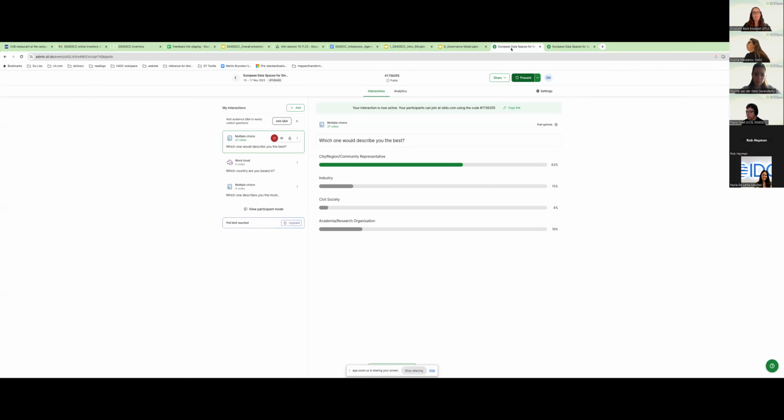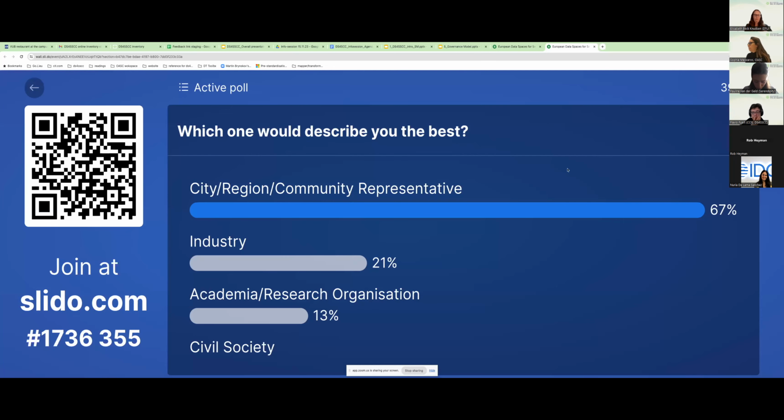I'm also putting the link in the chat. Wait just a second so that everyone can scan the QR code and join this poll to see who is with us today.